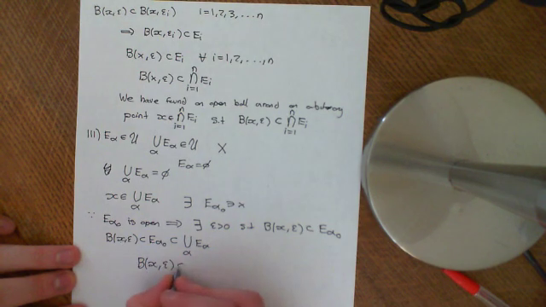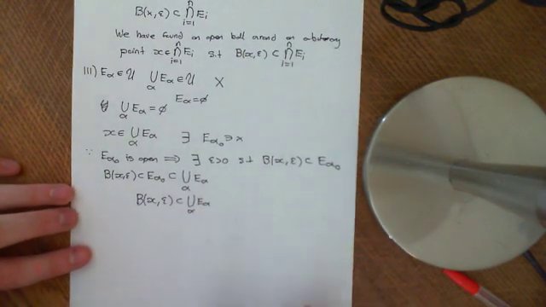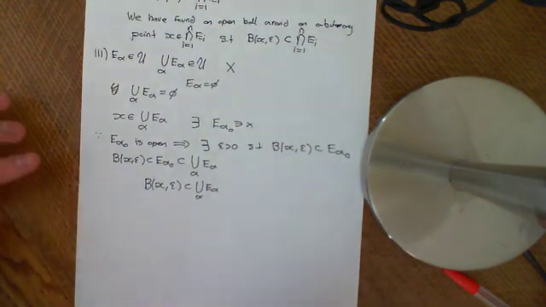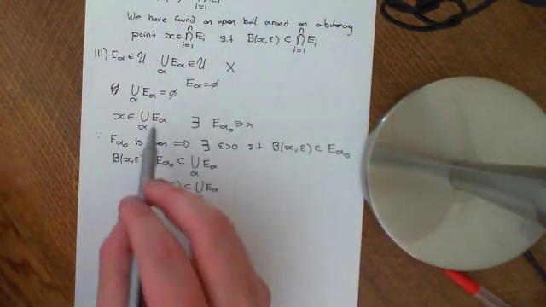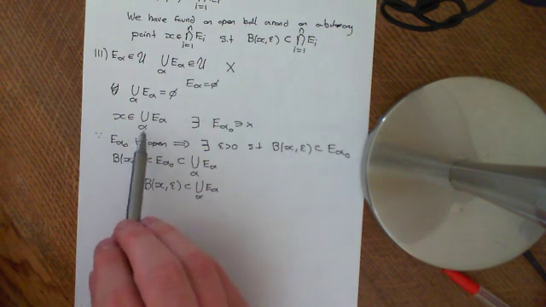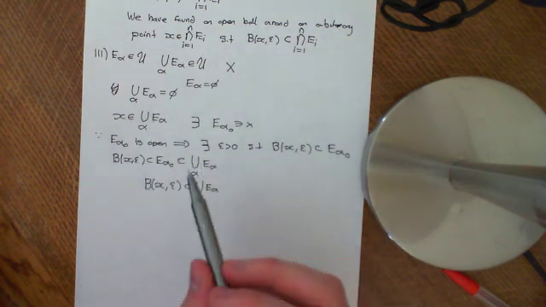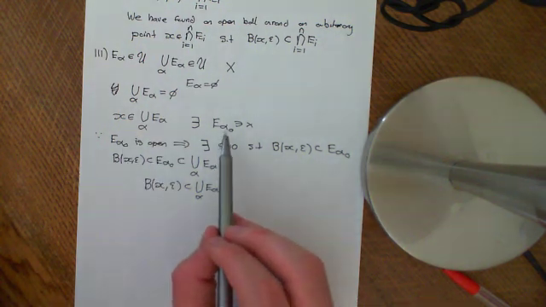So this ball, therefore, has to be contained within this arbitrary union of the E alpha. Okay, so that is how you prove that these unions also have to be open, because if you take any point that's in this great big arbitrary union, and I'm sorry if I said countable back there,